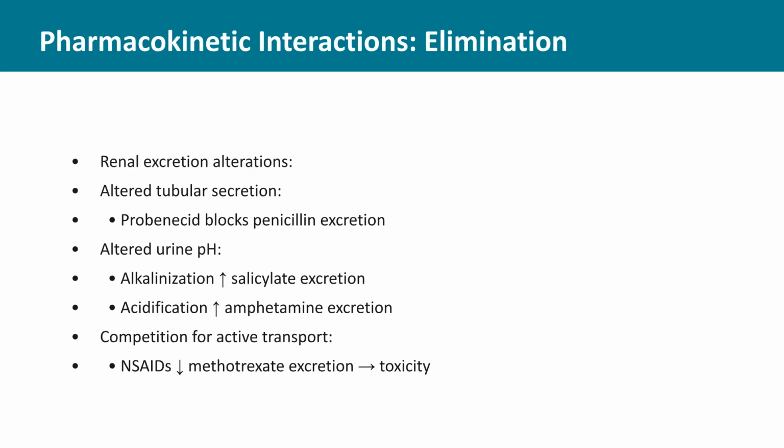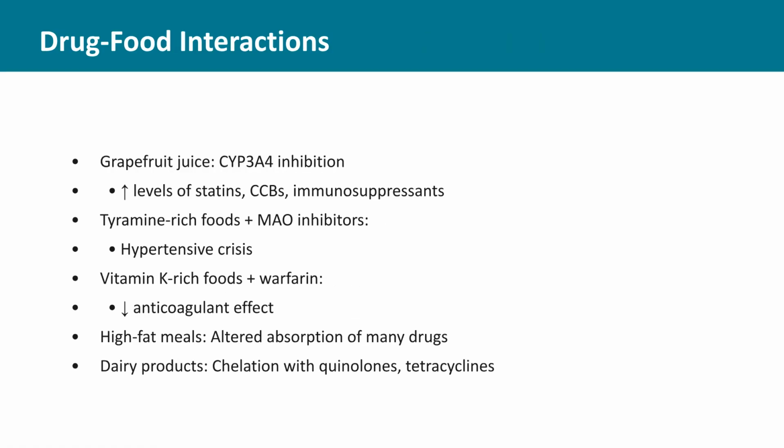Elimination interactions occur in the kidney, altering renal excretion. This can involve competition for tubular secretion or changes in urine pH that affect drug reabsorption. Drug-food interactions, such as grapefruit juice inhibiting CYP3A4 or tyramine with MAO inhibitors causing hypertensive crisis, can significantly alter drug